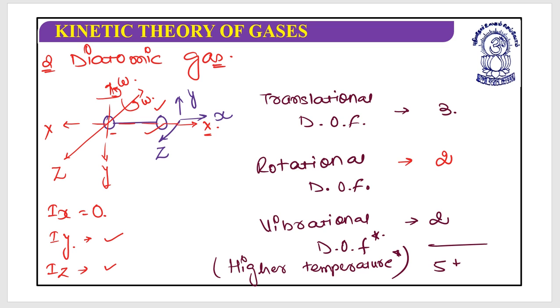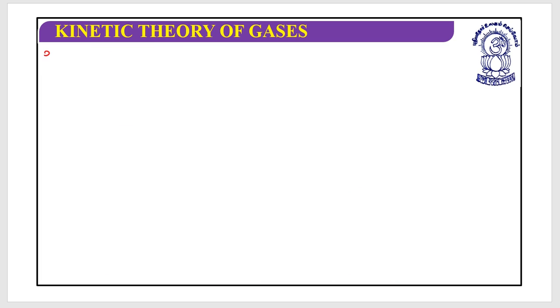So it is 5 plus 2. This asterisk represents that it is available at the higher temperature. If temperature is lower, it could not be seen. I hope this is clear. Is it clear? Are you sure? Great. Next would be the